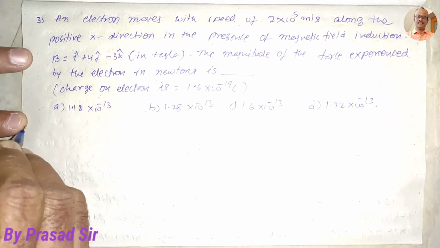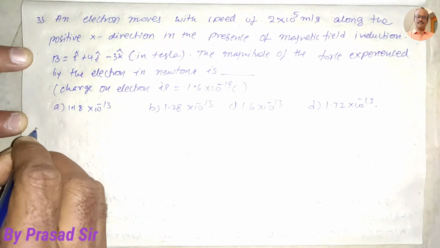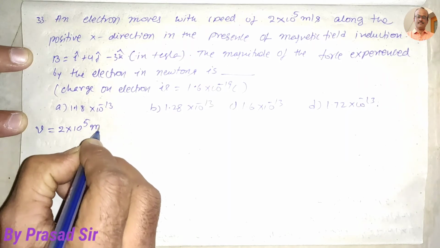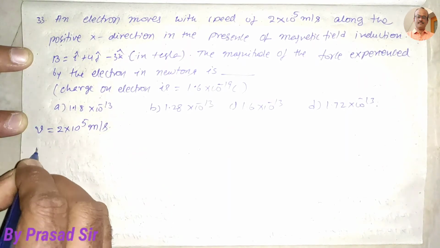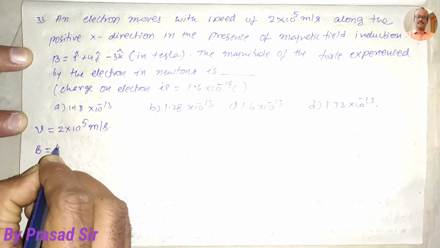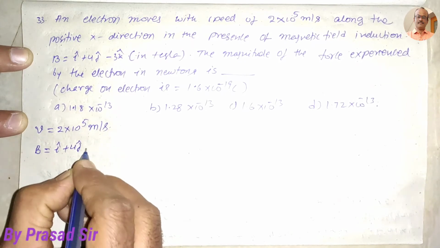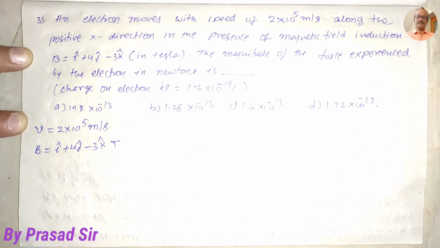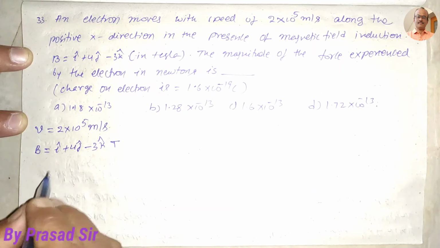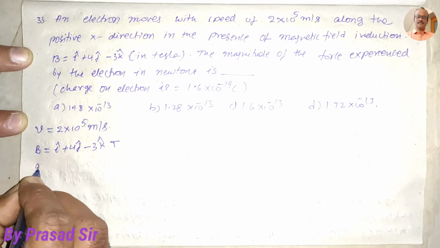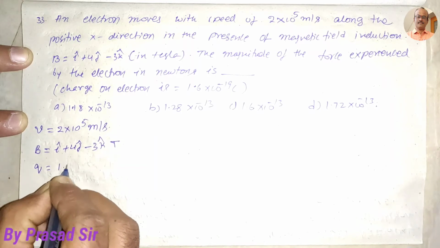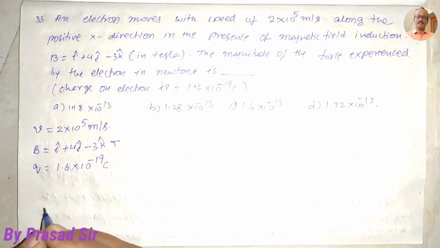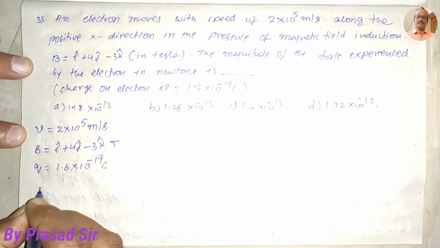So first of all, what are the given values we will write? First they gave speed. So v is equal to 2 into 10 to the power of 5 meters per second, and also the magnetic field given B is equal to i cap plus 4j cap minus 3k cap in Tesla. And which one do we want to find here? Magnitude of the force experienced by the electron, and here charge on the electron is given, q is equal to 1.6 into 10 to the power of minus 19 coulombs. But which one do we want to calculate here? Force